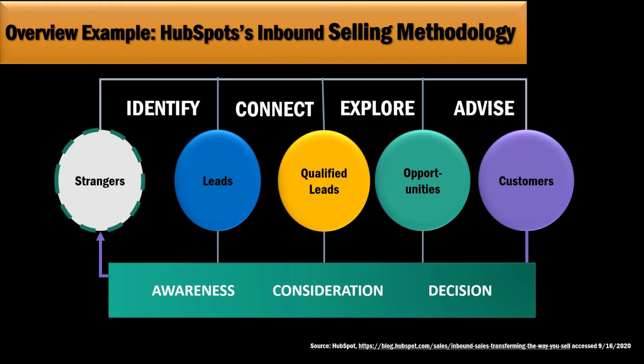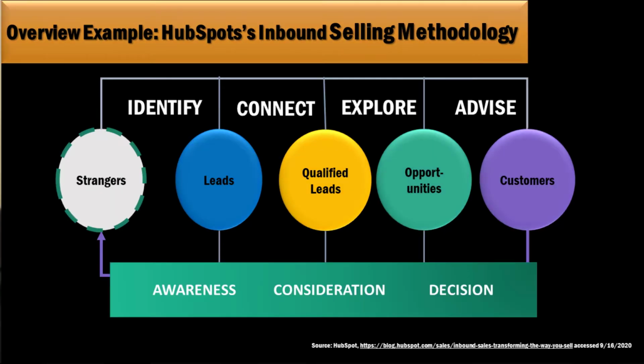Well, a big part of that is identifying customers, connecting with those customers, exploring those customers, and advising those customers as they go through these different awareness, consideration, decision stages. So that bottom part is kind of like the buyer's journey. And then the top part are kind of like the steps or the stages of the sales process that they would advocate. So when you get into a lot of this, a lot of times the process we'll talk about is you're often trying to think about what's the buyer's journey, awareness, consideration, decision, and then how do I map on different stages of the sales process to get that.